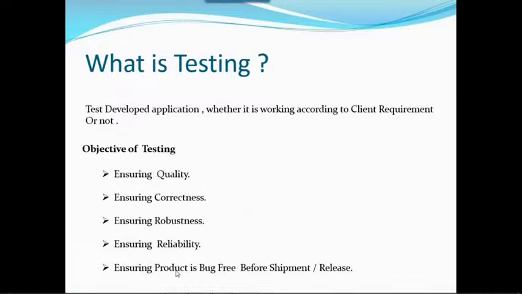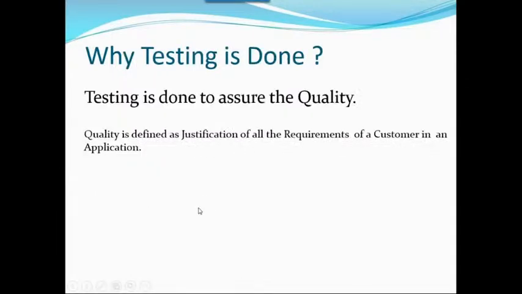But we tell the client, don't worry, we already tested, we found some defects, we already fixed them, and you can launch this application happily. Then they will launch the application in the market. Still, after launching the product, they will not get huge issues, they will get one or two issues. Those one or two issues we will rectify, and again we will release it in the market. But we cannot say a single bug is not there in the product. It's not possible. Does anybody have any questions so far?